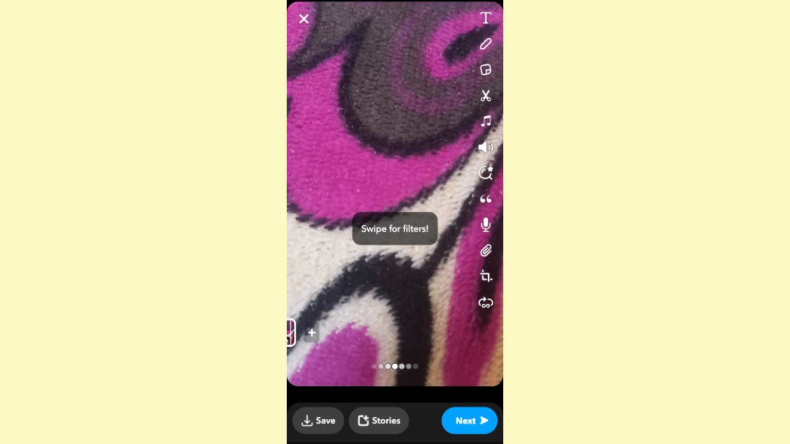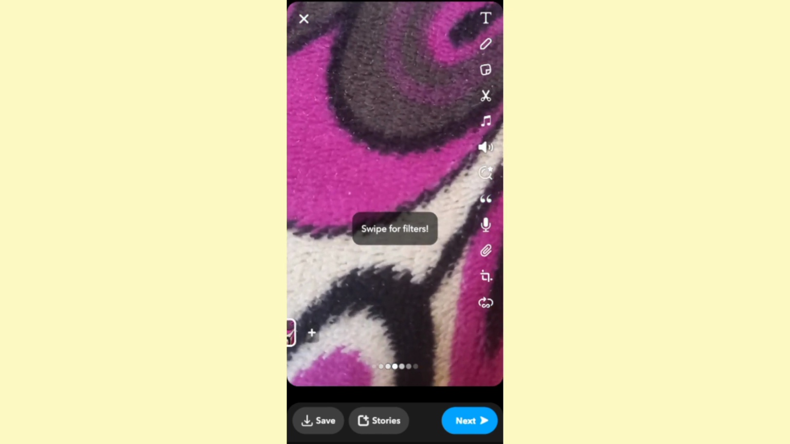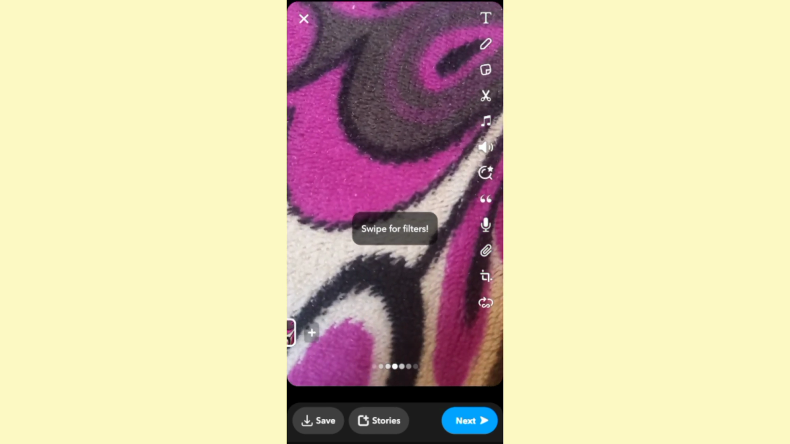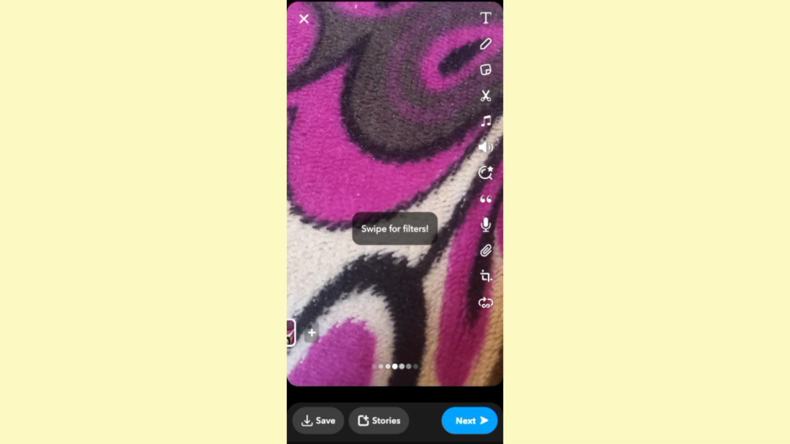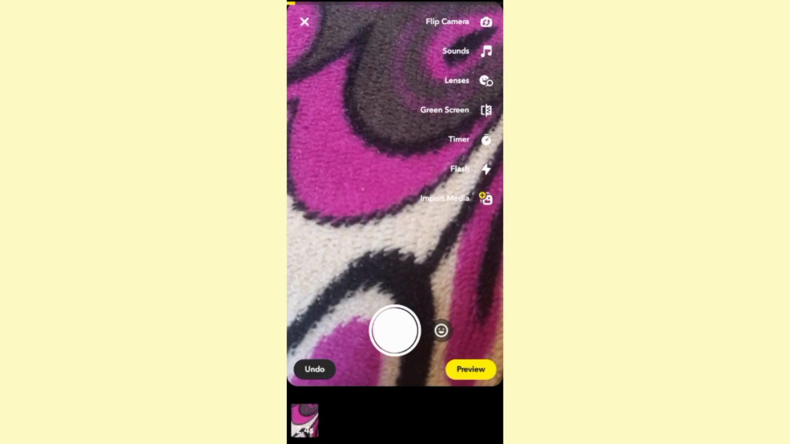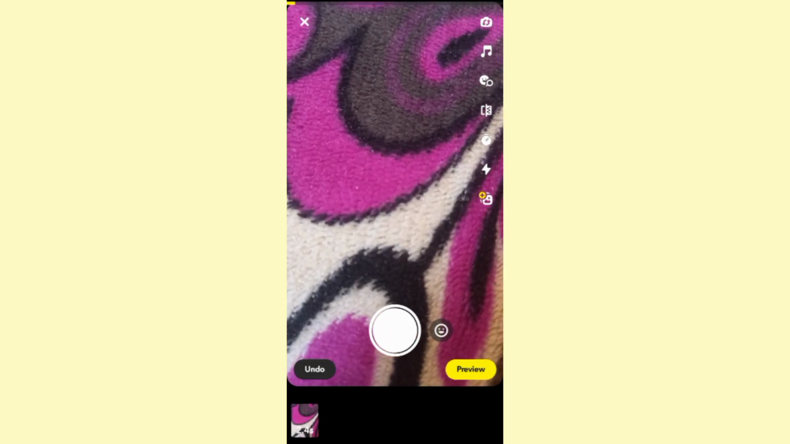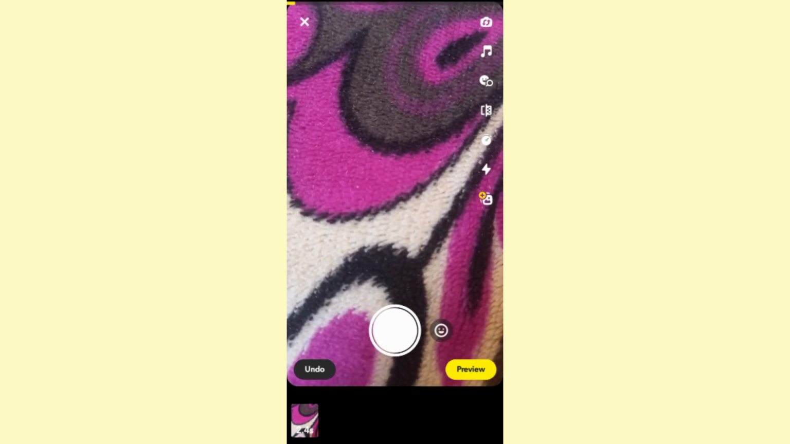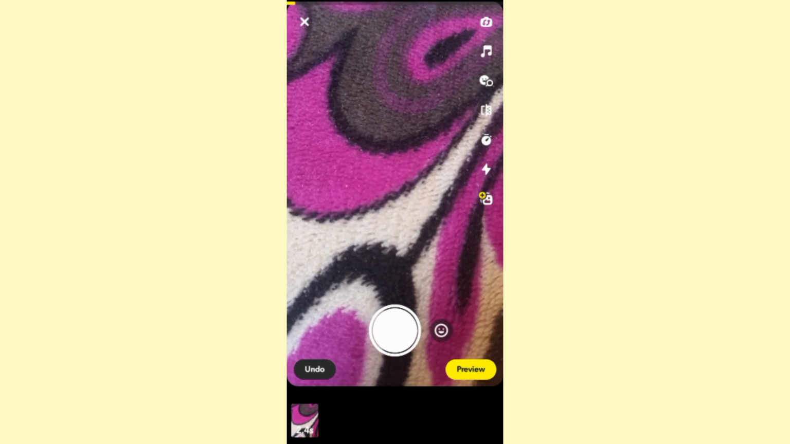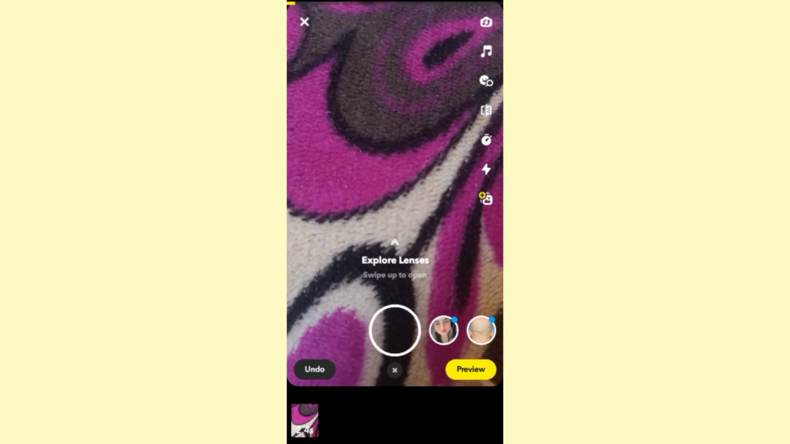Now the next step is you need to click on the plus icon at the bottom left corner of your screen, this one right here, so we can access this section where we will be adding our video from our camera roll. Now as you can see on this page right here, there are some options on